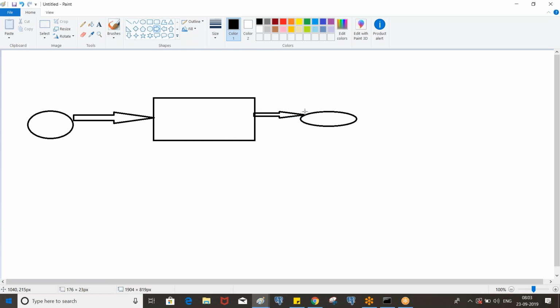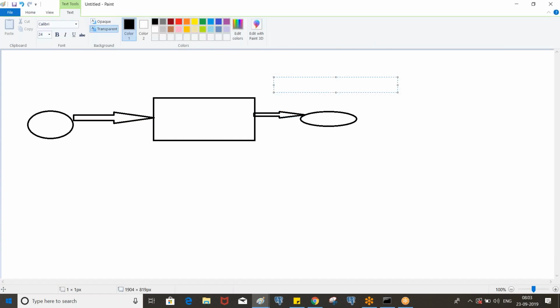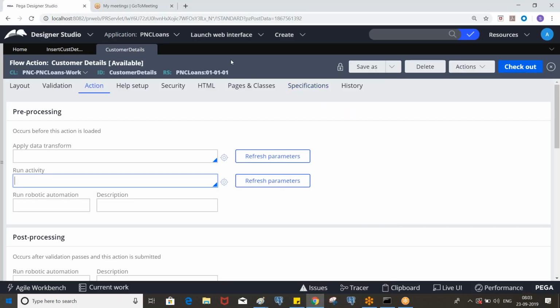Here we invoked a flow action called customer details. We can call an activity in the pre-processing or the post-processing of that flow action. Let's say I invoked an activity in the pre-processing.